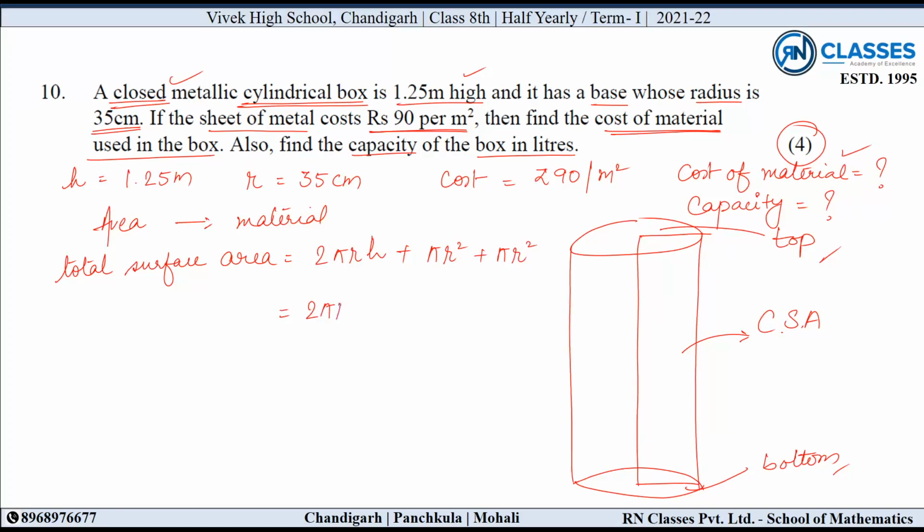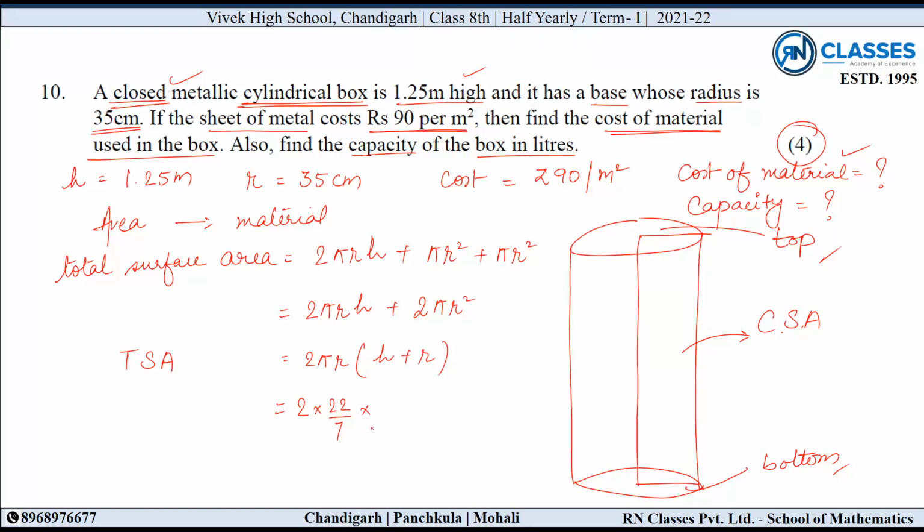2 पाई आर एच, ये तो वैसे का वैसे ही है, प्लस 2 टाइम्स पाई आर स्क्वायर, राइट बस 2 पाई आर कॉमन, एच प्लस आर। अगर आपको फॉर्मूला याद है तो लगा दो, अगर नहीं याद है बना लो। मैंने तो भाई नहीं कराया, अपने बच्चों को नहीं कराया, वाई? बिकॉज याद करने की जरूरत ही नहीं है, ठीक है। अब 2 इंटू पाई इज 22/7, वी गॉट इट।